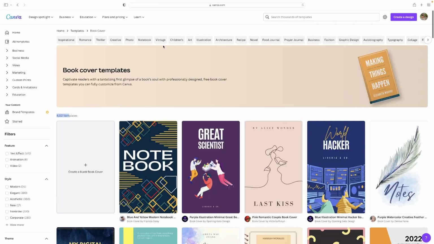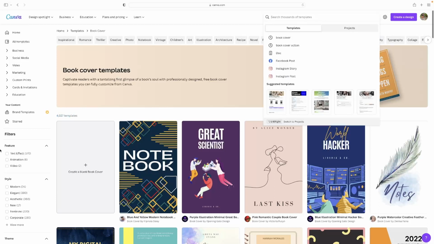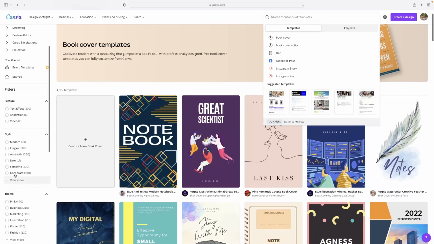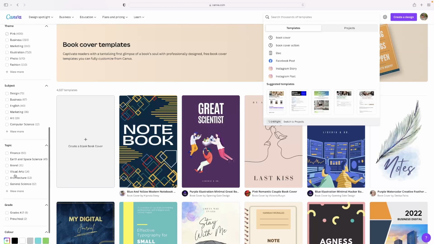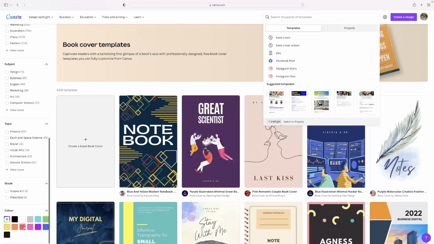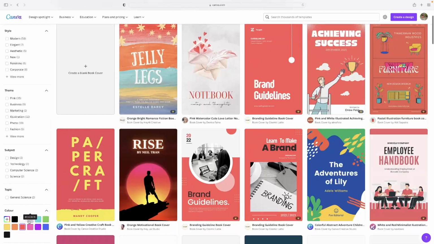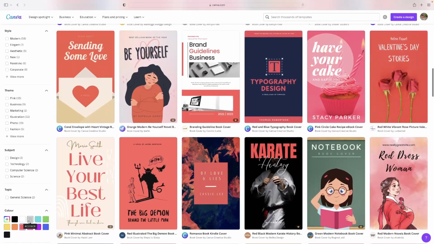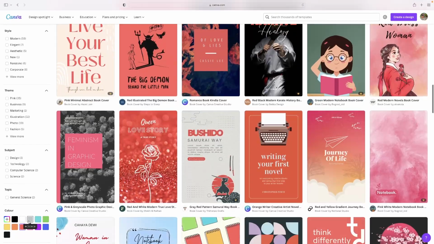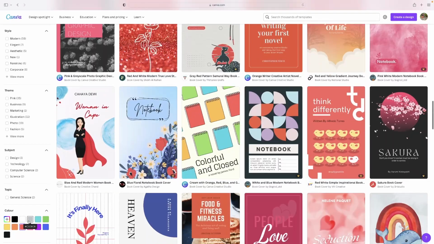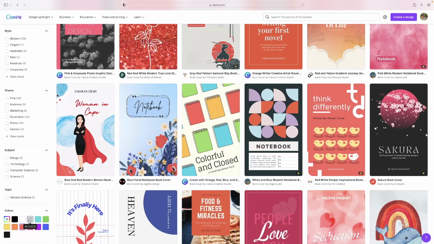So to further refine those results, you can select one of the categories at the top. You can look for something in particular with text search, and then you can use these filter options on the left-hand side to refine your results as well. Choose a different theme, style, subject, topic, and even color as well. So if I click red, for example, you can see that I now only have book covers that have the color red on them. Once you've found a template that you'd like, and there's almost guaranteed something in here somewhere that you're going to use as inspiration or is very close to your idea,